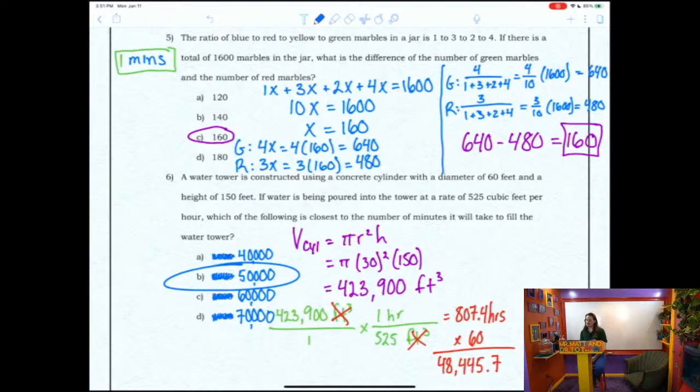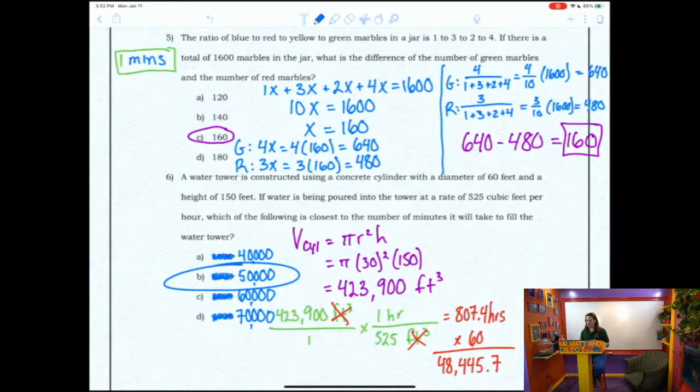So here we need to solve for the initial volume of this water tower to see how much space we need to actually fill. The formula for the volume of a cylinder is pi r squared h. Radius here is half of the diameter. The diameter is 60, so the radius has to be 30. They give us the height as being 150. So substituting those values in, we're going to get pi times 30 squared times 150, which is going to evaluate into